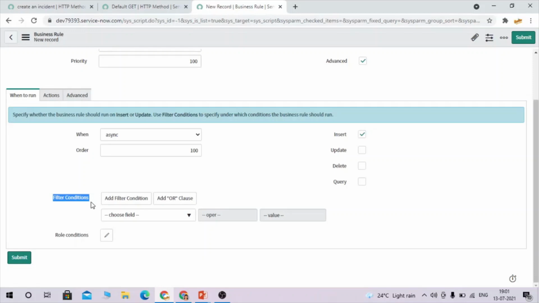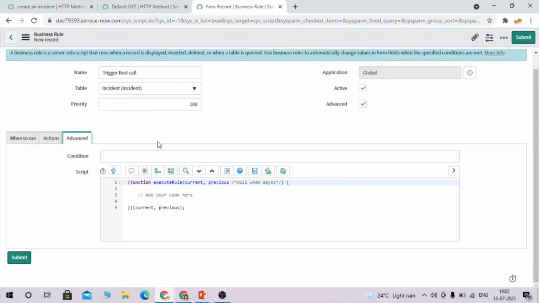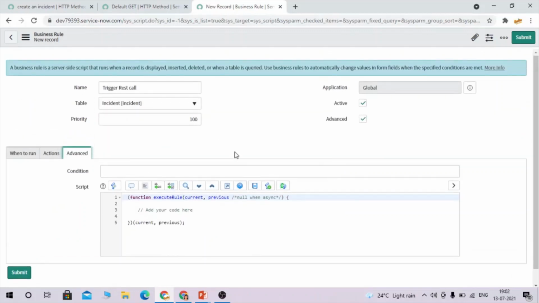In the filter condition, you can take any filter condition based on your requirement, like assignment group is something, or based on configuration item category. It will trigger this business rule only for the specific assignment group, or whatever condition you have selected. If the condition matches, then only it triggers this business rule. In real-time scenarios, we often get this kind of requirement, like if the assignment group is a specific one which belongs to that target instance queue, only for that assignment group we need to trigger the business rule. So here let's write our code.